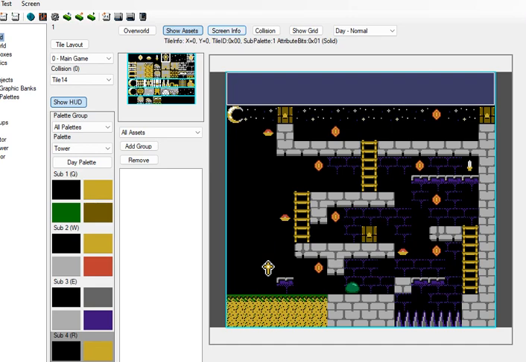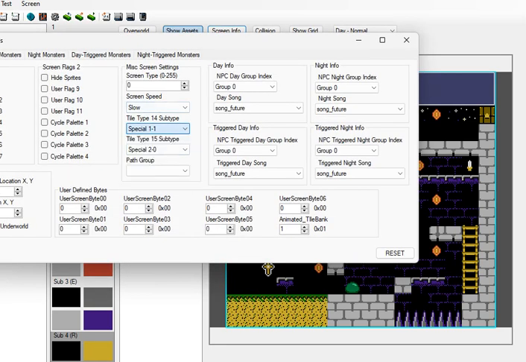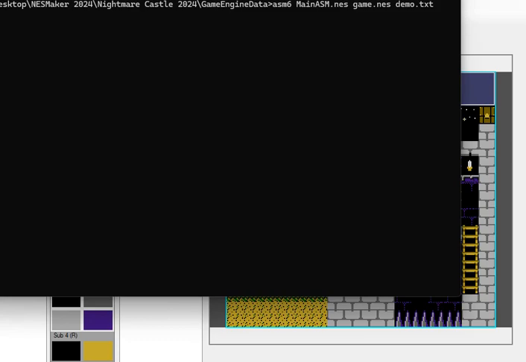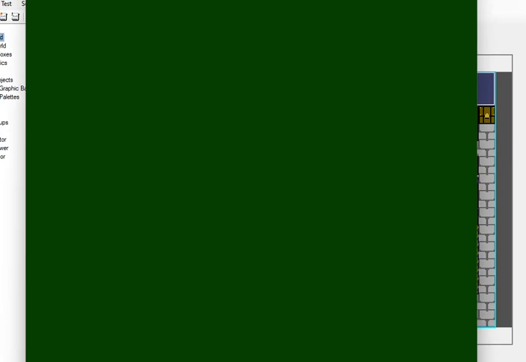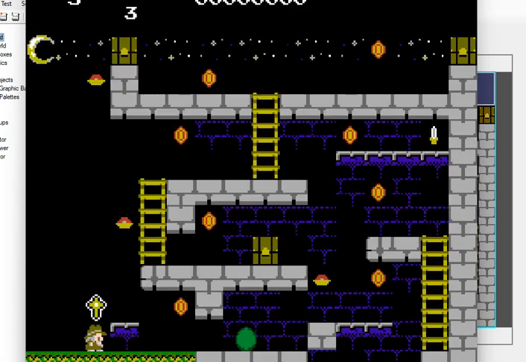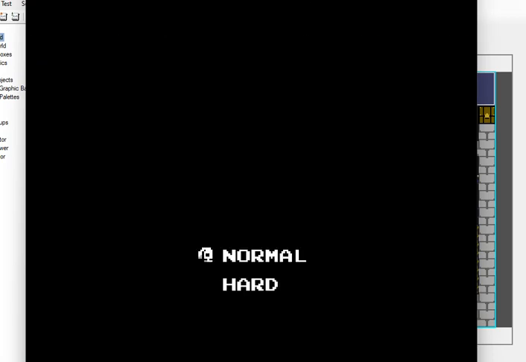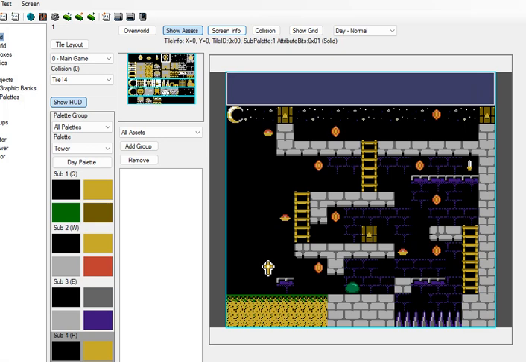Alright, so 0 didn't do anything. I'm gonna put on 1. 1 should reset the game. So when you get the tile, it should reset the game. As you see, it's resetting the game.